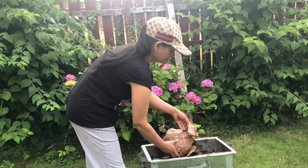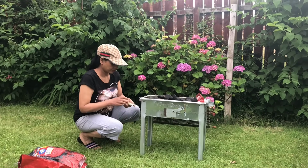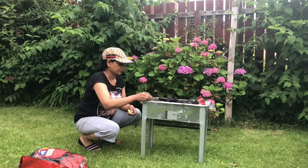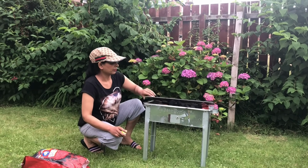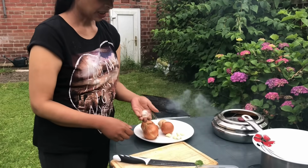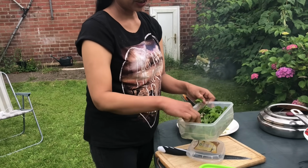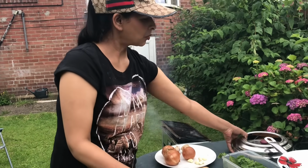So I'm going to prepare first. So guys, I'm making fire first. So guys, I'm going to prepare first. I've got onion, ginger, garlic, coriander, bay leaf, green chili, and I have got chopped tomatoes, and I have got powdered spices,